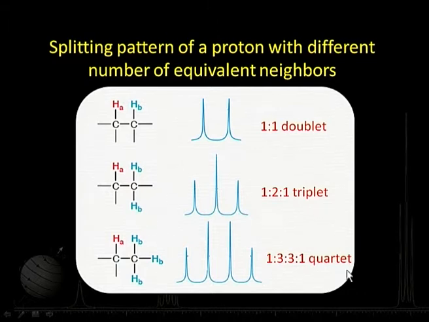This is called a quartet, and the intensity ratio happens to be 1:3:3:1. And why, we have just rationalized. I am sure that this is very clear to you all, why we get the kind of pattern we are getting there. Now, let us see that all this can be put together in terms of what is called the n+1 rule.